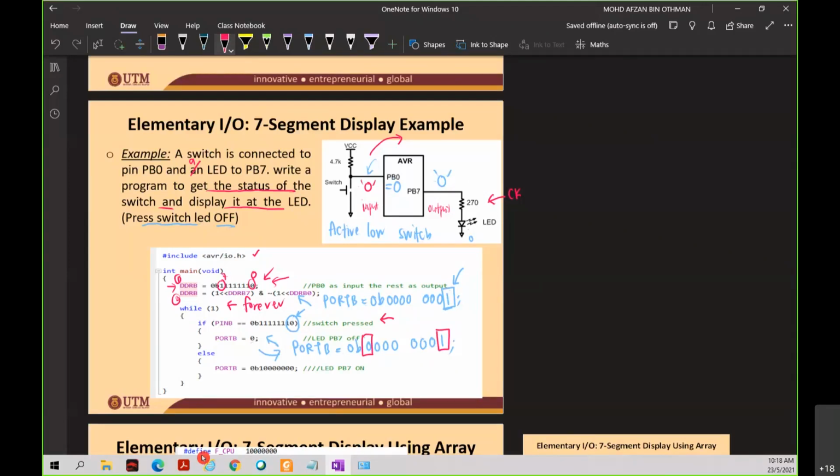Okay, what happens when the switch is not pressed? If the switch is released, what value will go to your PB0? It will give you 1. So else port B equal to, please replace this one here with 0B10000001. Why? Because I don't want to disable the pull-up resistor at